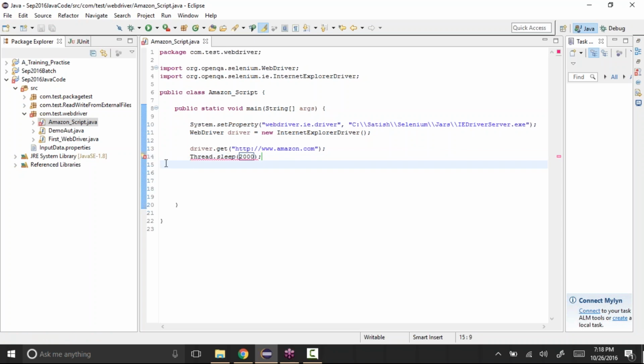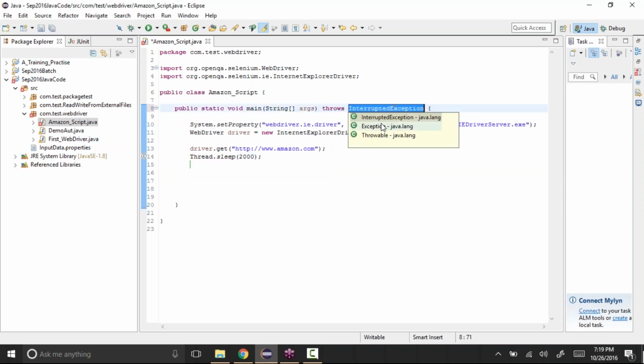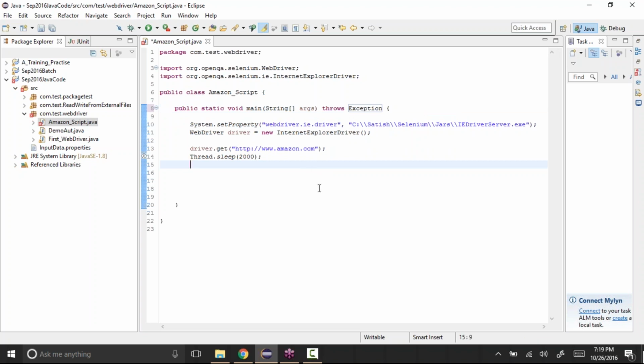Okay, and when you save it, see, there is an error here. If you hover over it, it says unhandled exception type interrupted exception. So it says you need to handle an exception. So just select this, add throws declaration, and select the exception here. So any type of exception will be handled. Okay, so now we are asking the WebDriver, or the code, to wait for 2 seconds